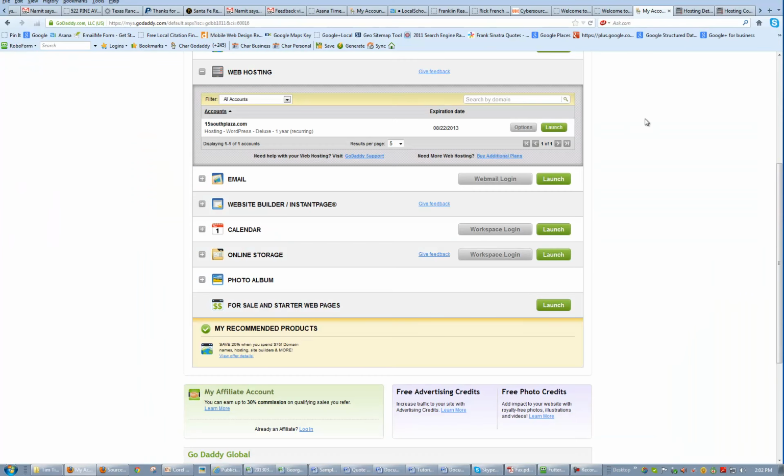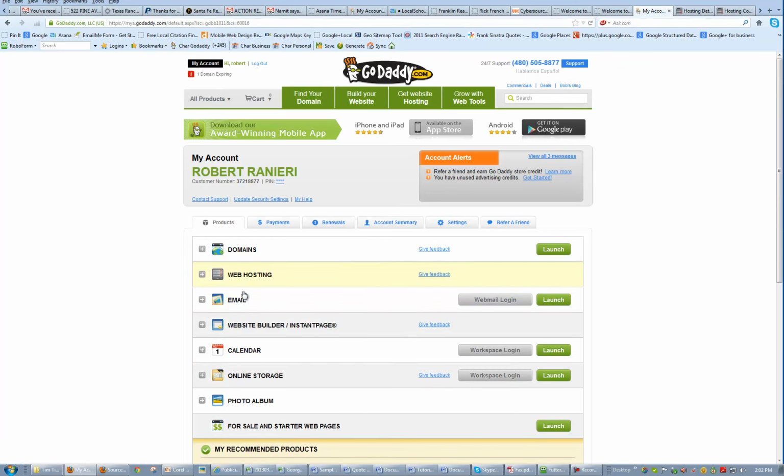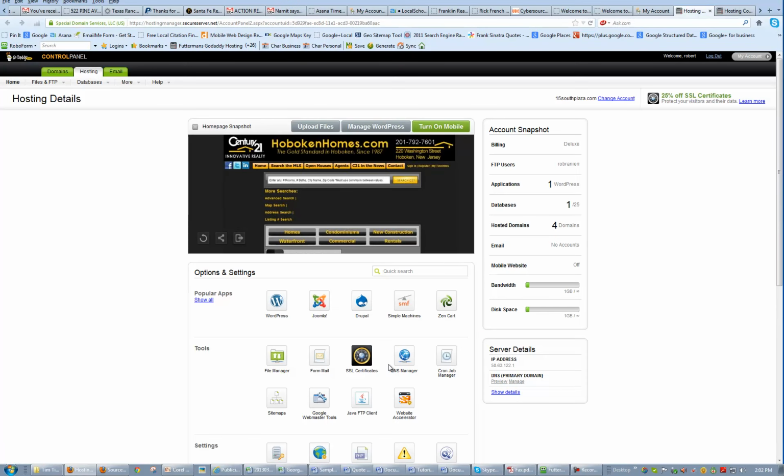Now, prior to setting this up, I have logged into GoDaddy and I've added the domain in the back of the hosting center. So what you're going to do is log into GoDaddy, and then click on My Account, and you're going to get these little expandable accordion areas. You're going to click on Web Hosting, and then click on Launch, and that's going to bring you right into the hosting center. Once you get into the hosting center, you're going to go to Hosted Domains,